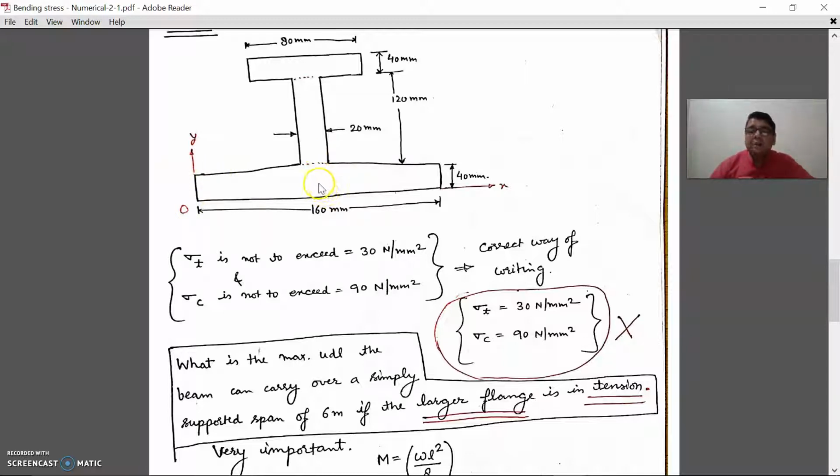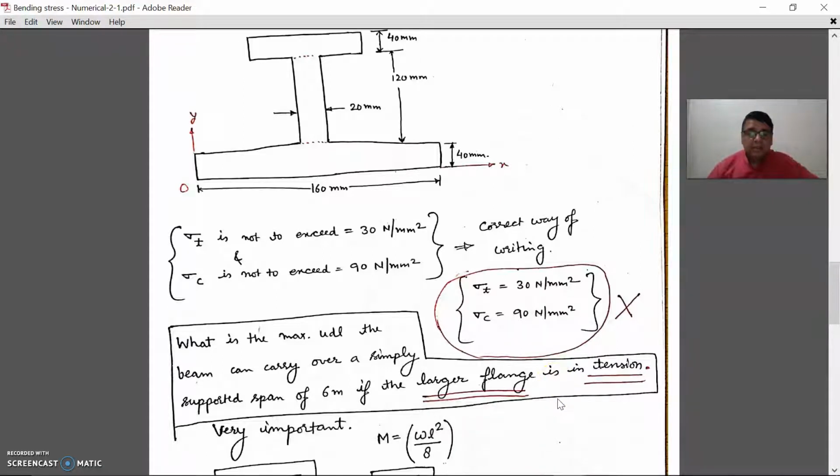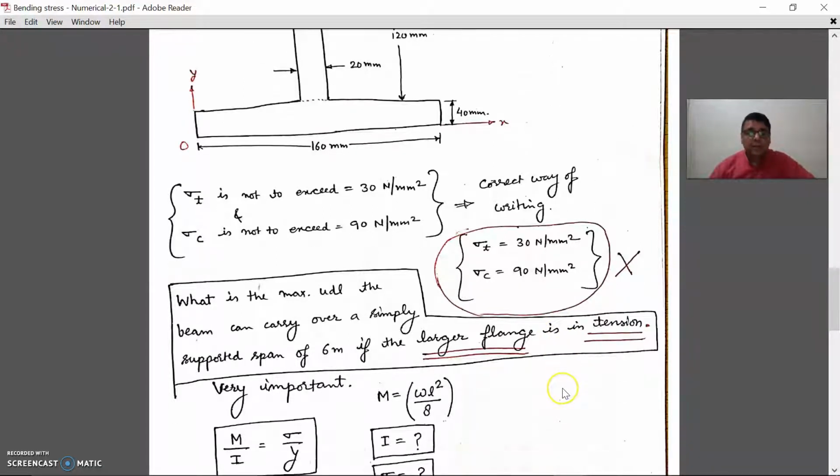Otherwise it can be of opposite type. That means I could have drawn this larger flange on the upside and this shorter flange on the downside, but I had done this because in this it is written that larger flange is in tension. I hope this concept was clear to you. Okay,